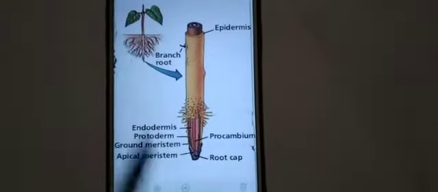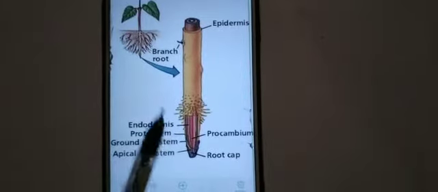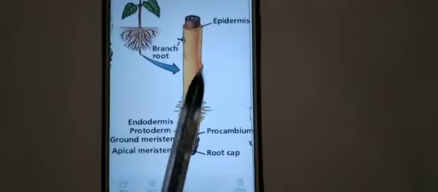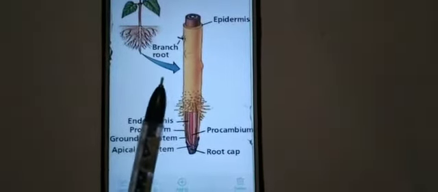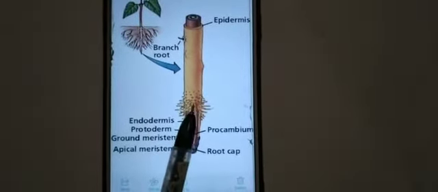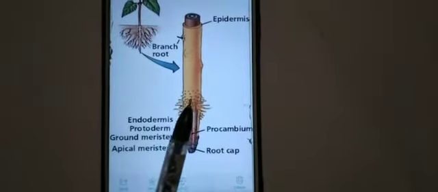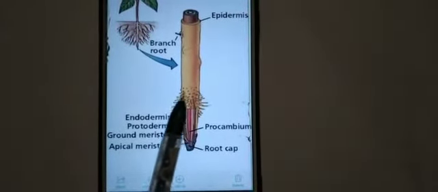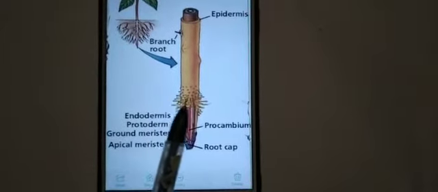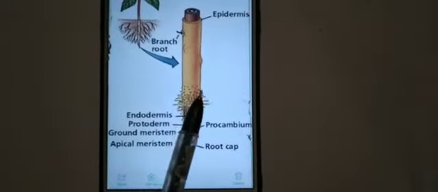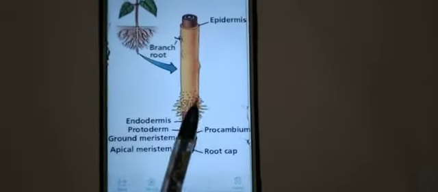Epidermal cells of the roots. If you take a section of a root, this is the epidermis, the outer layer, whose function is water absorption. Commonly it bears root hairs, which are long hair-like parts. This greatly increases the total absorptive surface area, so it increases the surface area for absorption of water.